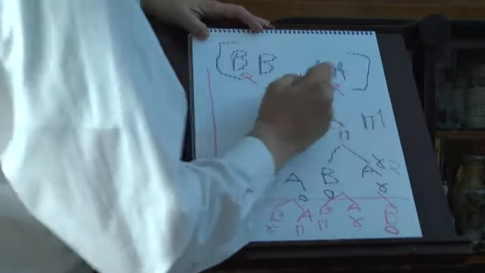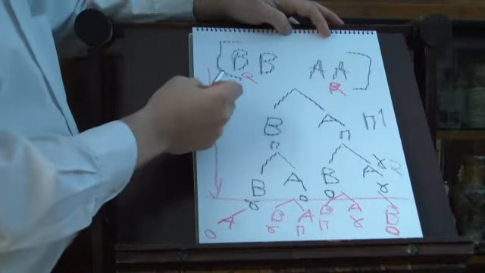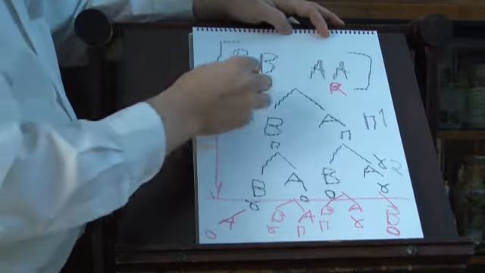Now, that was the case where the number of A birds and the number of B birds are the same. So what about the case where the number of A birds and the number of B birds are not the same? And that's what the Mishnah now gives us. It says, echad zu